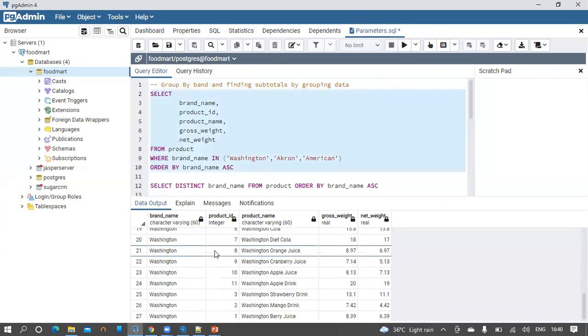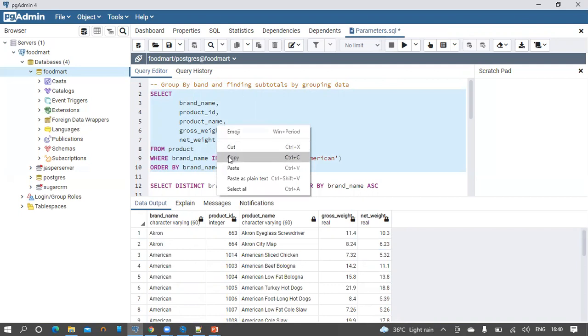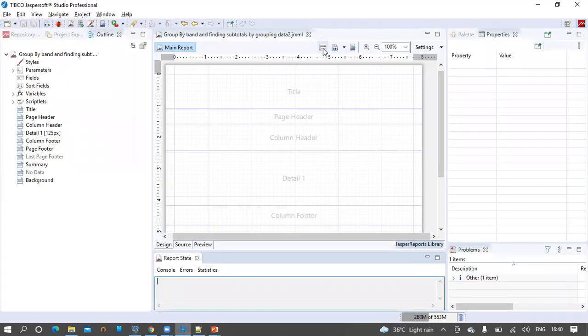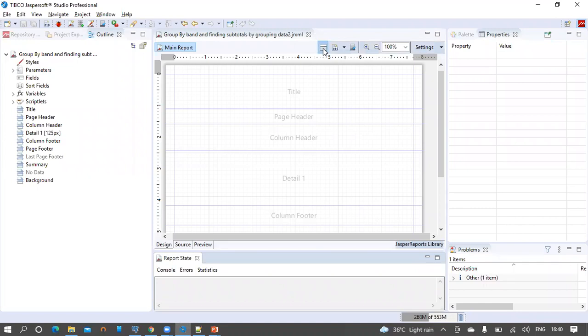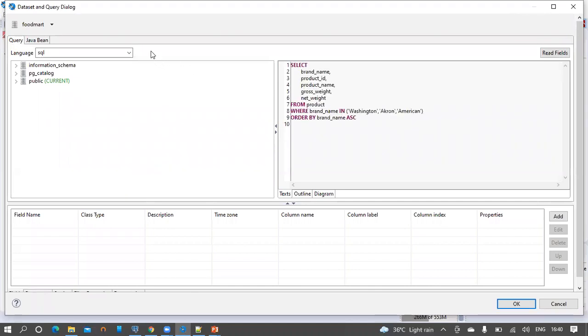So we can see the sample records available for the product report. Let's copy this and paste it onto the SQL editor of the Design Studio. We need to ensure that the correct database is selected from the top left dropdown.